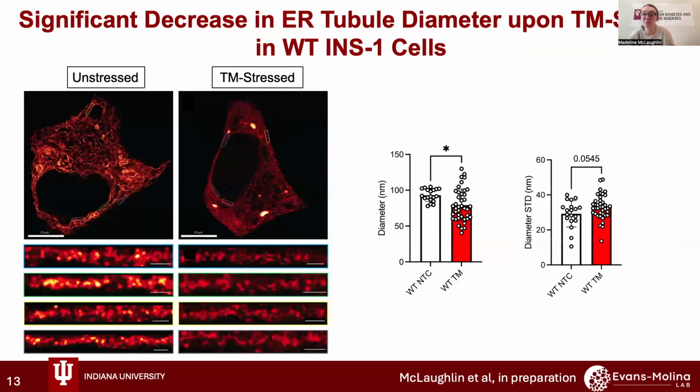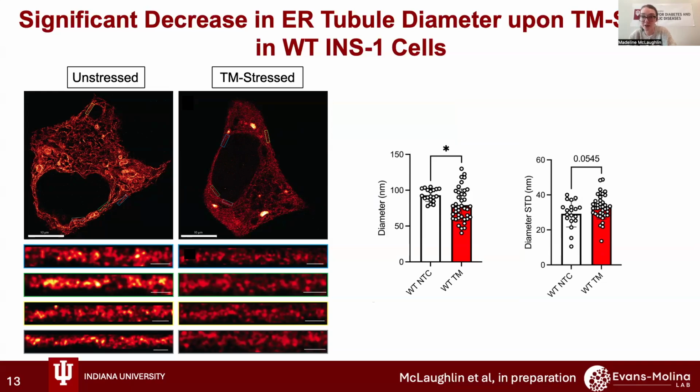However, when we looked at ER tubule diameter, we found that there was a significant decrease in tubule diameter in the stressed cells compared to the non-stressed cells. We hypothesized this finding may be due to increased membrane curvature. Reticulon proteins are integral membrane proteins that act as curve stabilizing proteins to assist the ER in maintaining its structure. And during cellular stress specifically, the expression of these proteins increases to maintain overall ER structure, in part through a